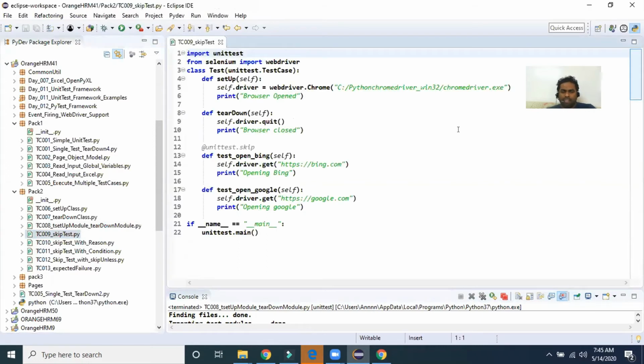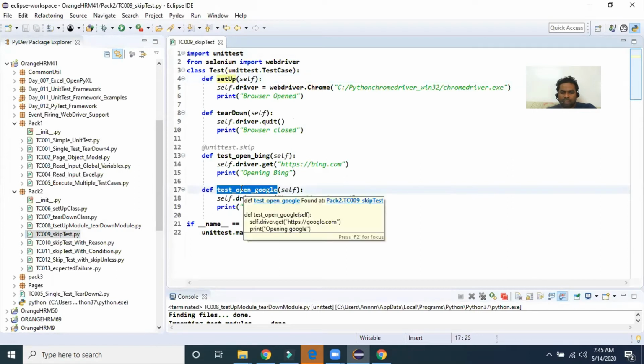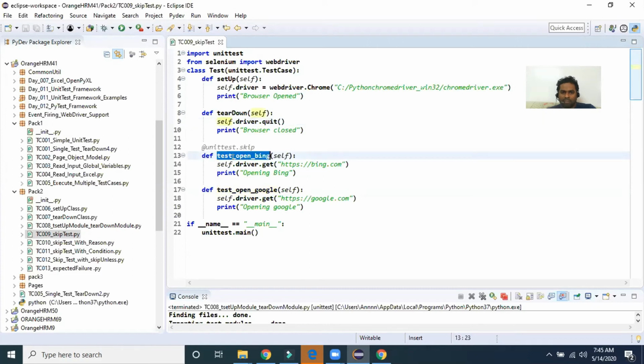In this program I have written one annotation, unittest.skip. For every test, your setup method and tear down method will be executed, that is clear. So for this test the setup and tear down methods will be executed, and for this test also setup and tear down methods have to execute.